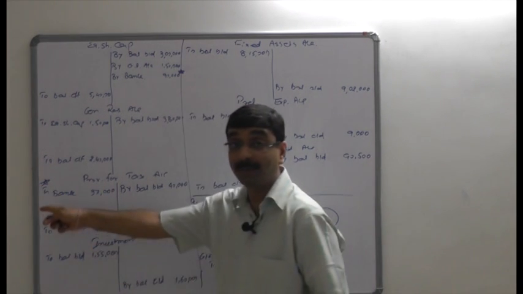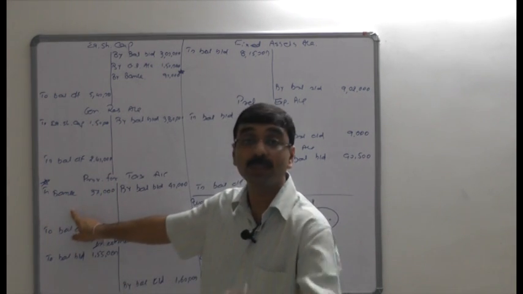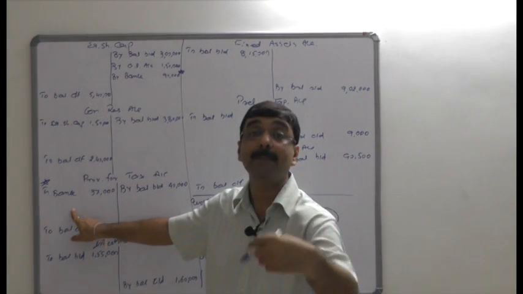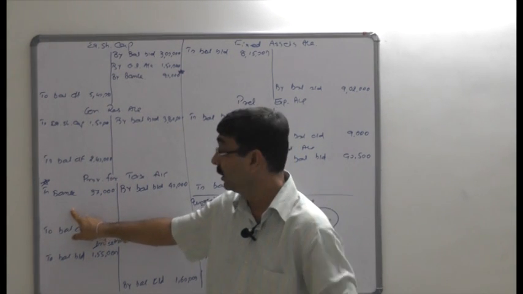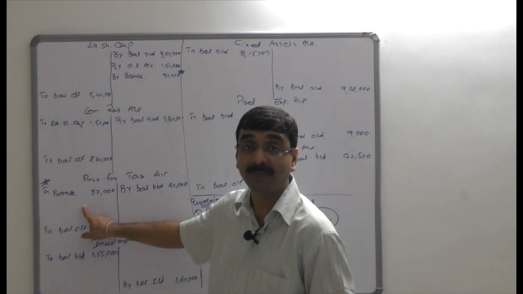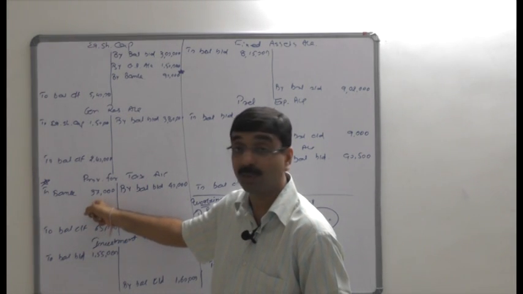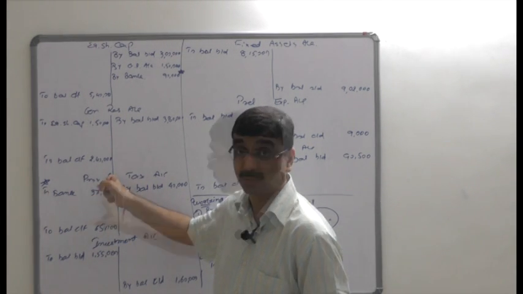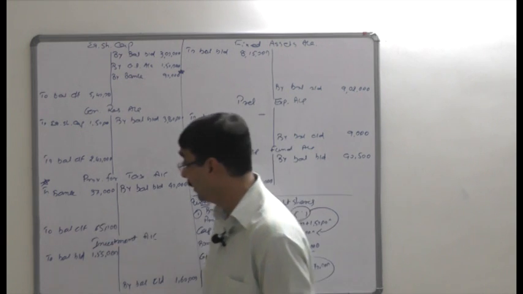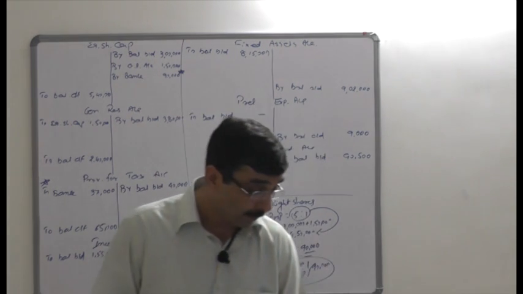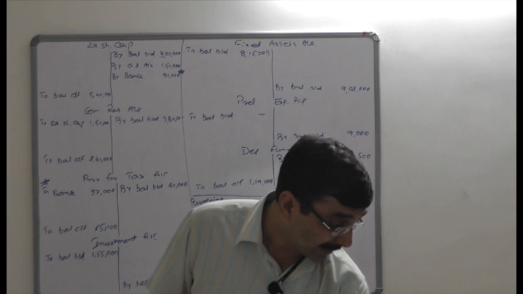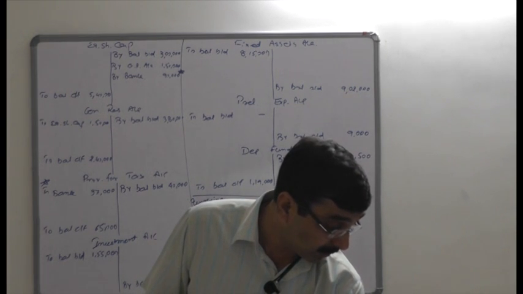Make a star here. Why make a star? Because this entry would go into the fund flow statement. It's an application of fund, goes out. So when you paid a certain amount of tax during the year, it's recorded on the debit side of the profit and loss account. So 37,000 rupees would be recorded here for the payment of this particular tax, and along with that also paid